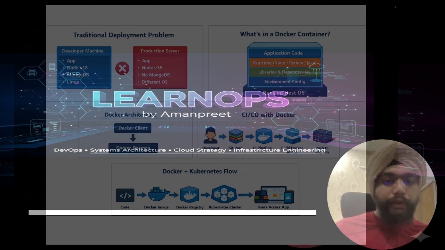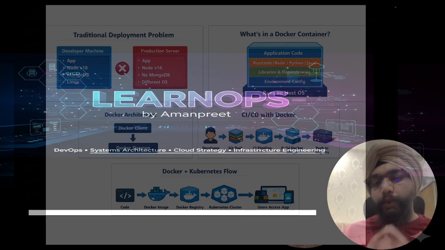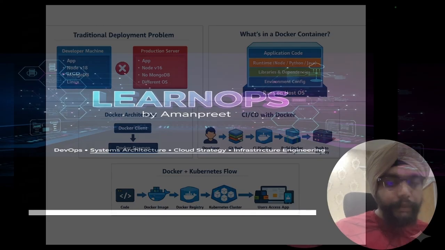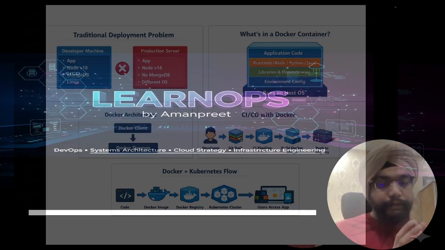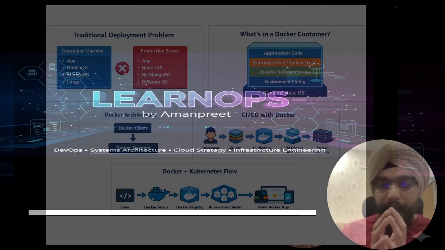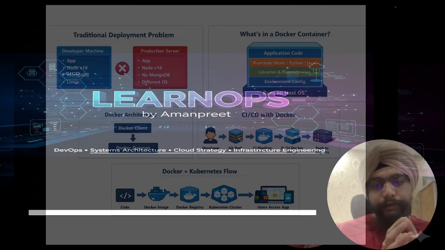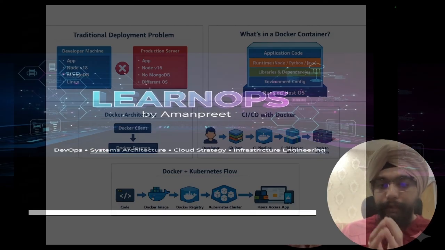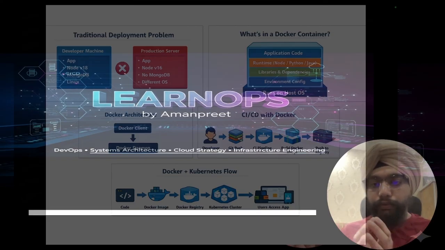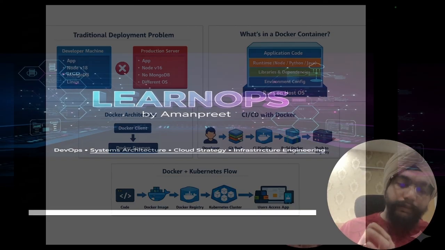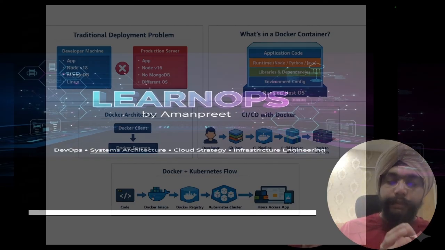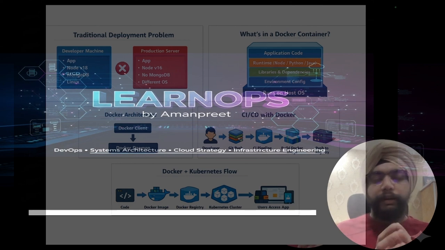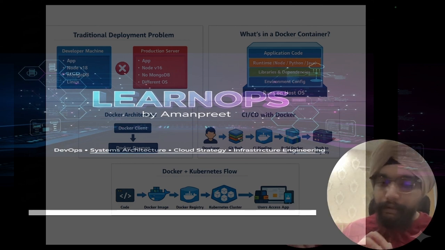So CI/CD with Docker: developers take the code, build the feature, and push it to GitHub. From GitHub, it goes to the CI pipeline. From the CI pipeline, it goes to build the Docker image, then it is pushed to the registry. From that registry, the image is picked up and the container is run, and you monitor your application depending on the tools you have, Splunk, Grafana, or cloud monitoring.